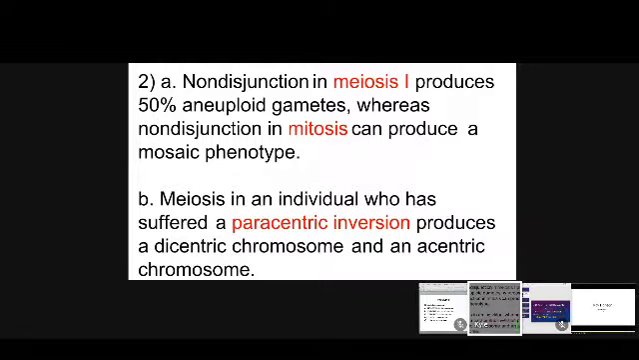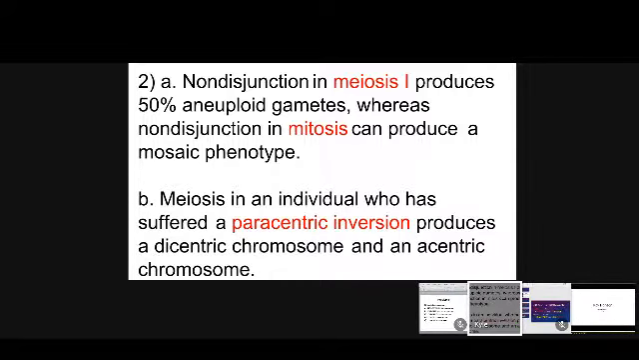All right, so question 2 has all the right ones. So non-disjunction in meiosis 1 produces 50% aneuploid gametes, whereas non-disjunction in mitosis can produce a mosaic phenotype. And why it's not meiosis 2 for the first part is because meiosis 2 produces 50% normal and then 25%